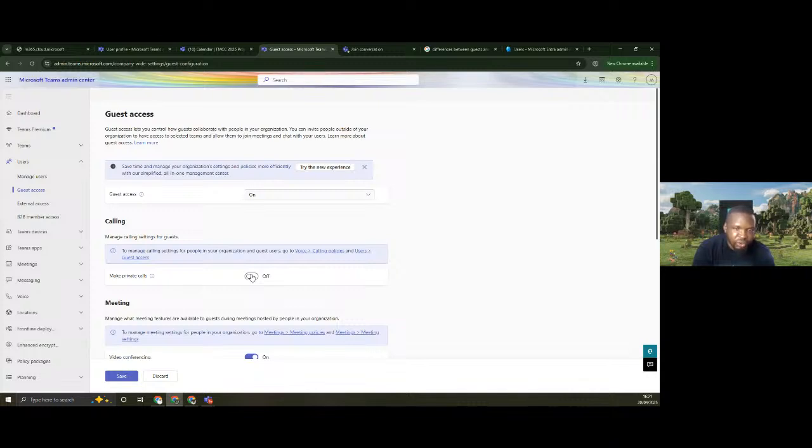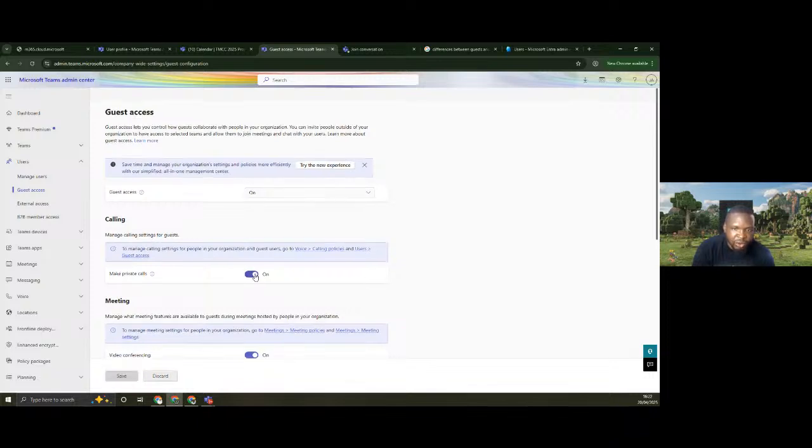And mind you, it is not going to be specific to a certain guest or a certain number of people, because it is a settings feature. Like I mentioned, settings affect the whole organization. Then it means that when you turn this on, you should be sure that it's going to affect everybody, right? So let's say we want to accept them to make calls, right?